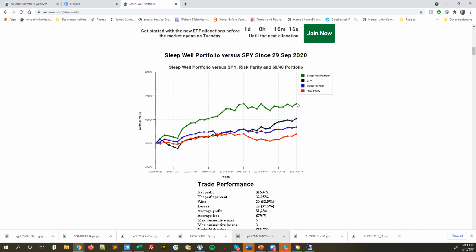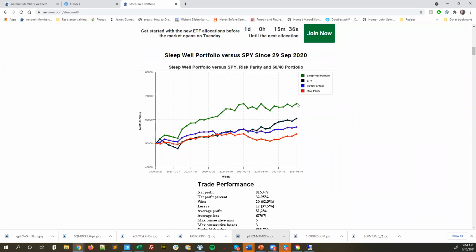But yeah, I posted in our private forum, so I guess I could talk about it here. There were a lot of requests from people who wanted to augment the sleep well portfolio. Traders are traders, right? They want to see if they can enhance it, or put their own biases on it. So I put together the two common ways I would be a little more active with this. And so I can show that.